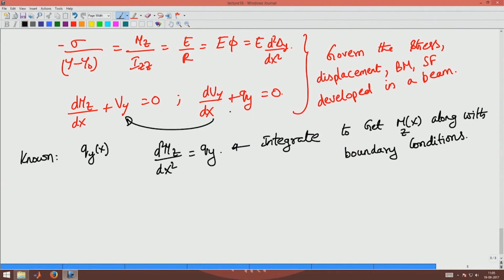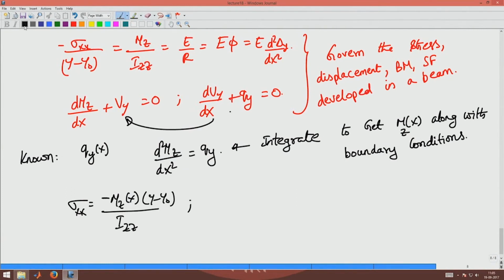Once you get Mz of x, you go to the first equation, and you get the stress as Mz of x divided by Izz into y minus y naught, with a negative sign,